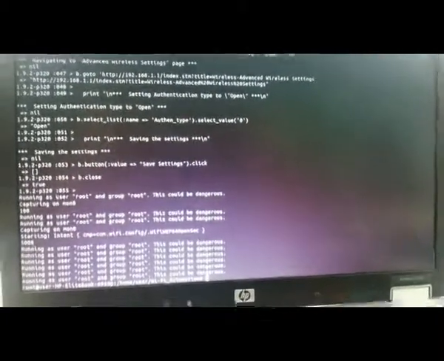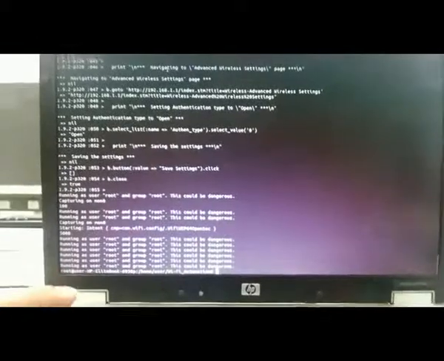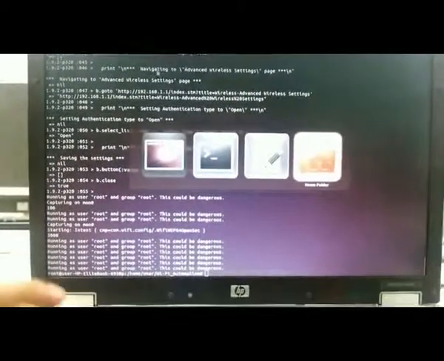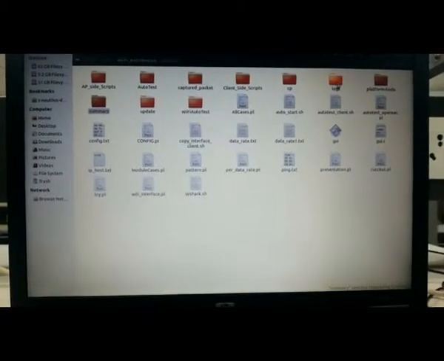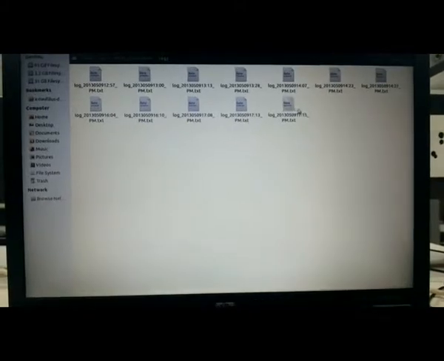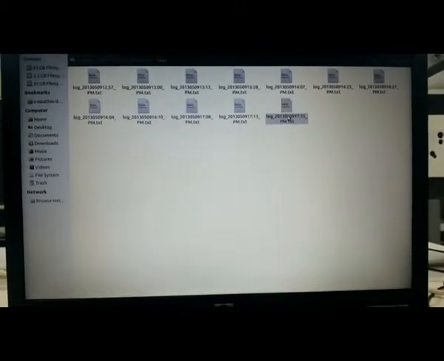Now we can have a look at the log files. This automation has already created our logs in the work area, so we can see the log file. We are creating the logs according to the time stamps. So this is the latest log, and here all the logs are passed.